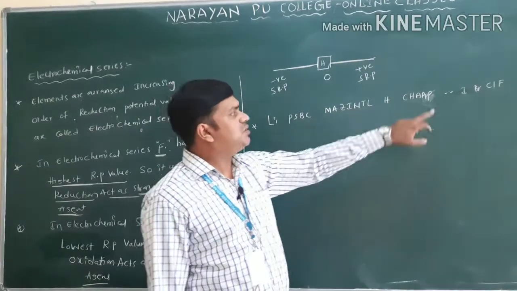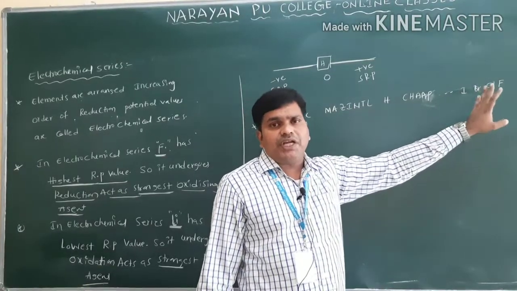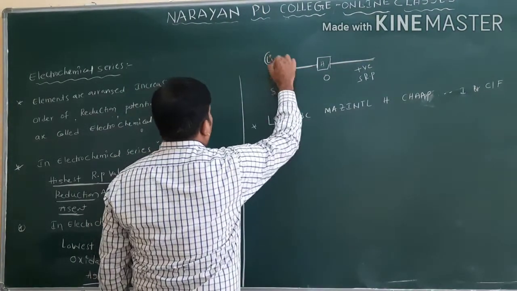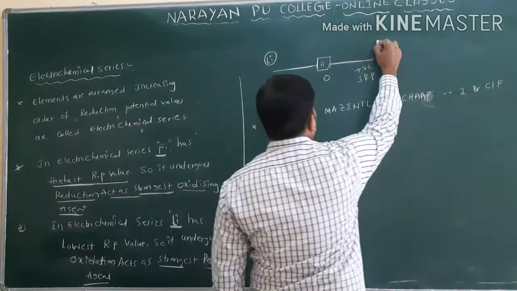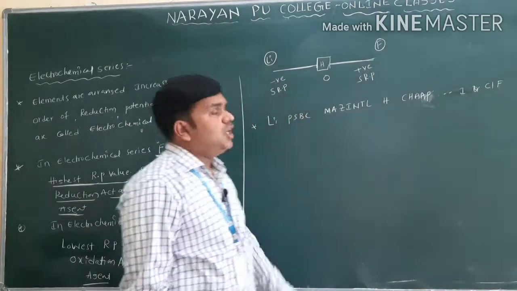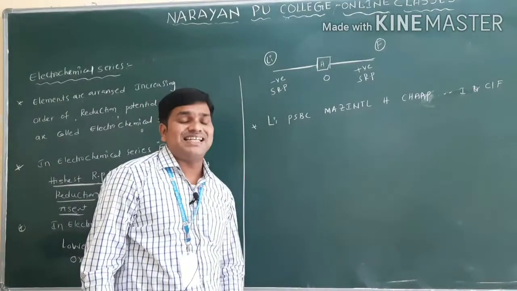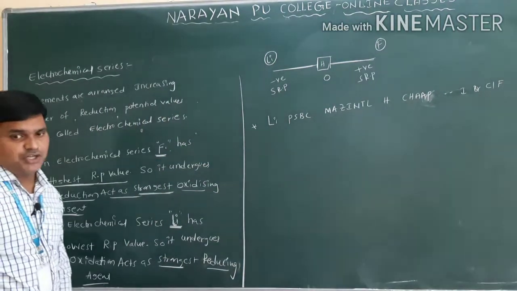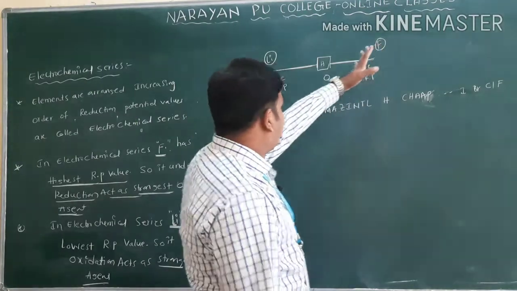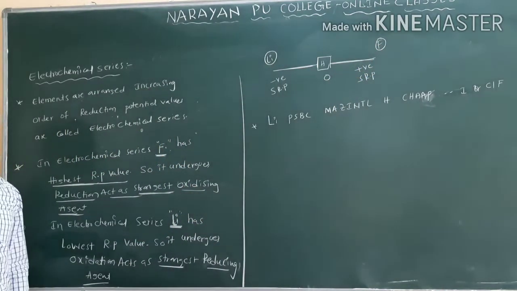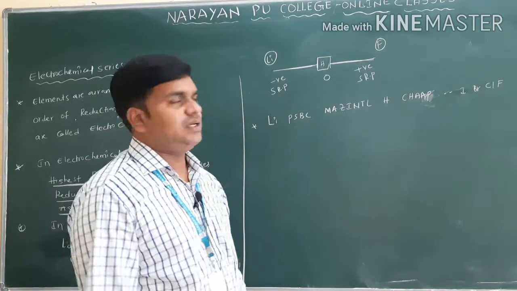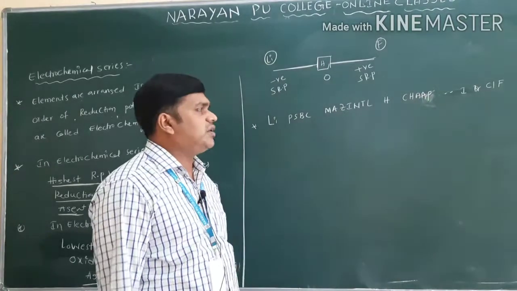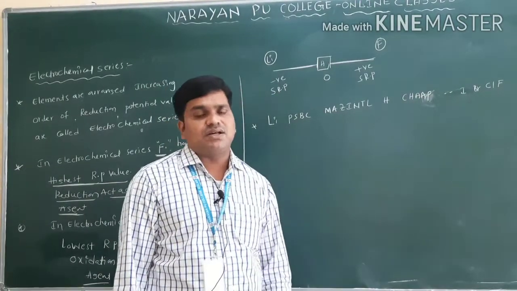After noble metals what we have? Halogens: iodine, bromine, chlorine and fluorine. Now you will see it starts with lithium and ends with fluorine. Lithium has a negative value, the lowest SRP value, so it acts as the strongest reducing agent. It ends with fluorine, which can act as the strongest oxidizing agent. In the textbook they give the values, so there is no need to memorize the values. Just use this order that I wrote on the board. From this order you can identify the electrochemical series reactivity order.